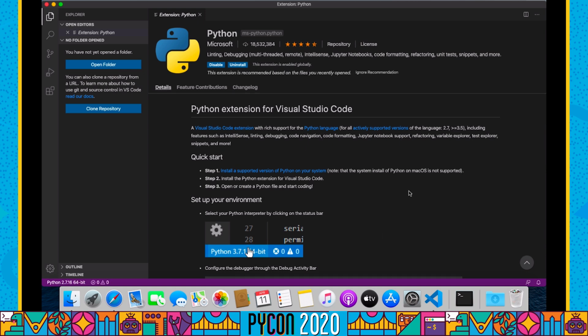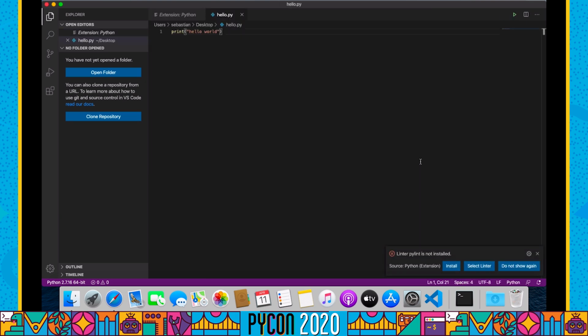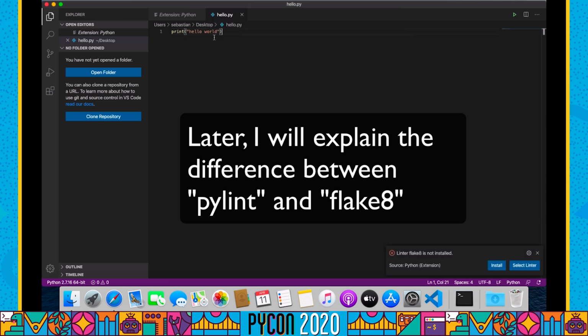So let's try to open a Python file. I have an example hello world. And if you open a Python file, you're gonna probably have this suggestion that a linter is not installed. So while Visual Studio Code will suggest pylint, I would suggest a slightly different one. I'm gonna install Flake8. So once you click it,